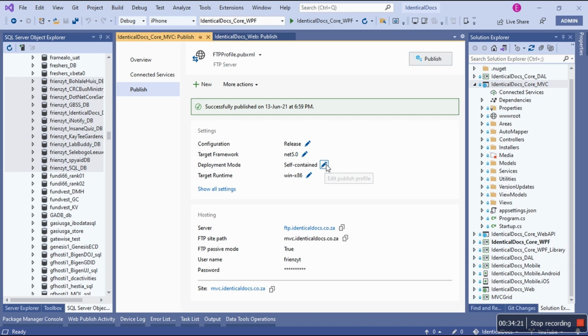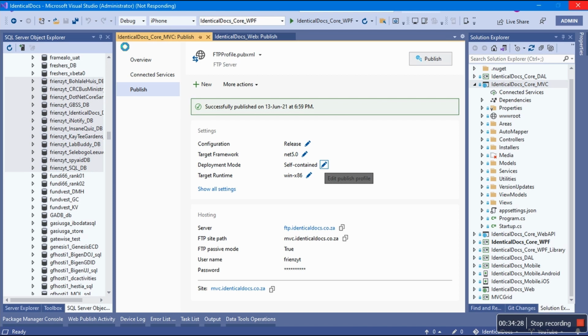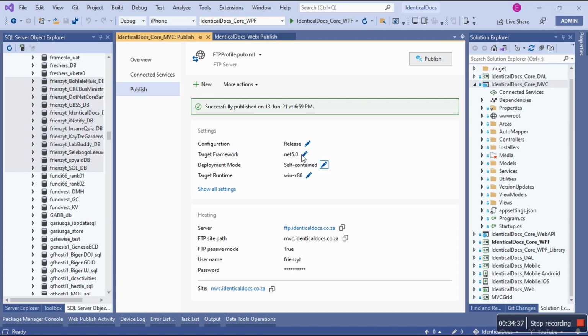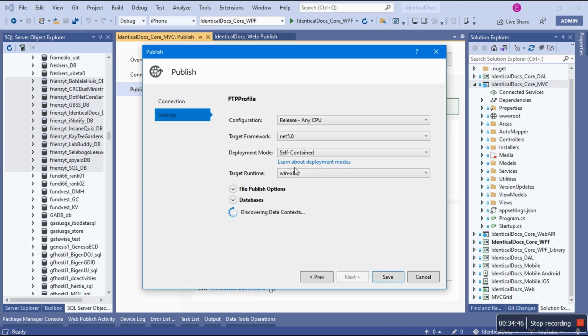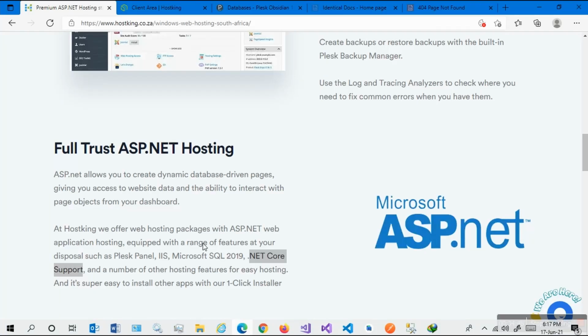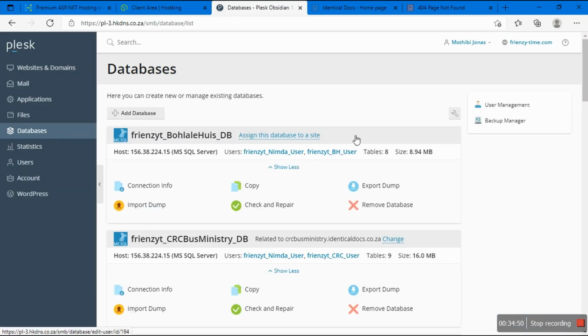So if I do this, you can see that it's in release, because some people can still change this to be debug. Do not publish your web application in debug mode. Do not do that. Always ensure they are in release mode. Always. So the self-contained option, unfortunately, is what makes my control panel big.